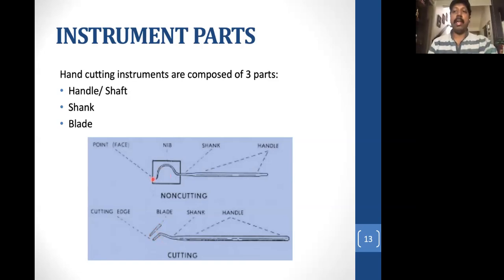One is the center part where it connects and holds. The center part doesn't have cutting efficiency. Cutting efficiency is only at the edge. So the edge is called the cutting edge, which is the cutting part. But the entire thing is called the blade. You can't make only an edge, right? So you have to have a blade, and in it there will be a part called the cutting edge. It cuts. Okay, this is all. So majorly this has three parts: handle, shank, blade.